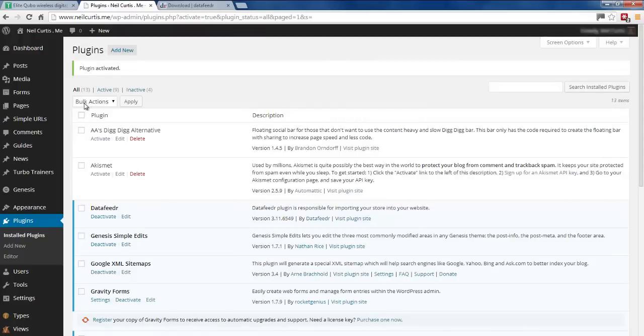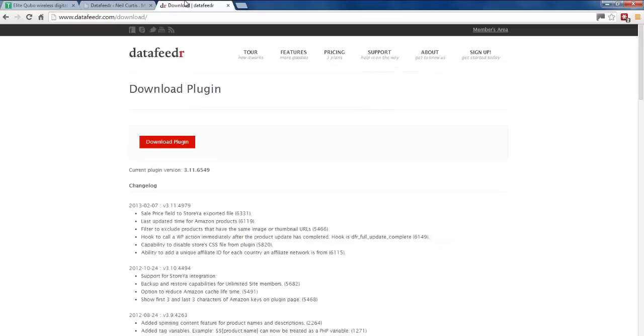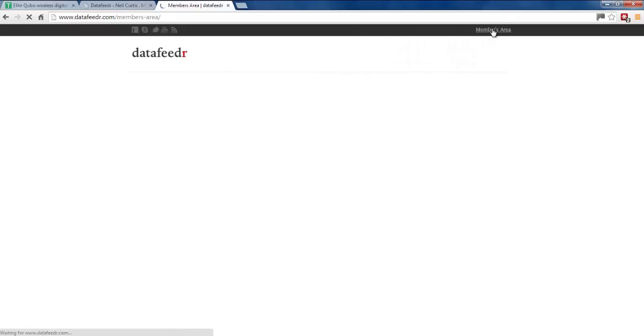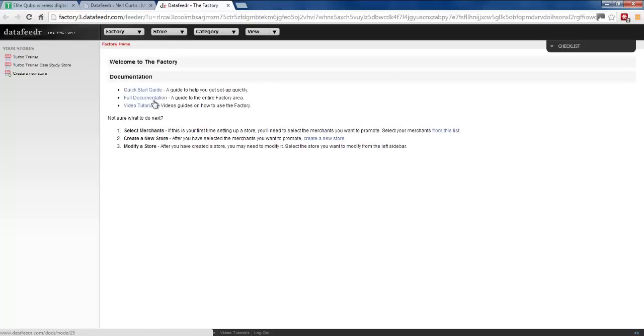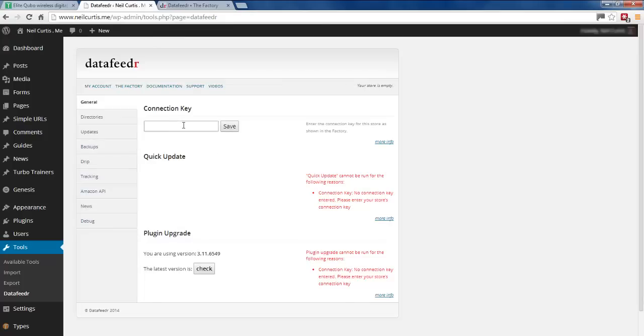So now once it's activated, if you go into tools, there is a new link there for Datafeedr, and this is the first setup page that you'll come to. So you need to install or set your connection key for the store that you're using with this particular website. So you go into your factory again and click on your store, which is a case study store there, and it's this key in the top corner, which is a unique reference key, which I copy and paste here. And if I click save,